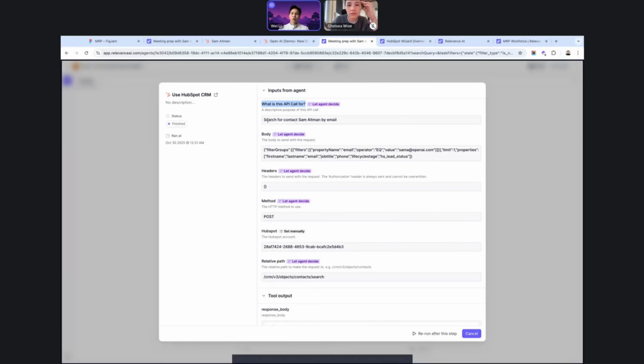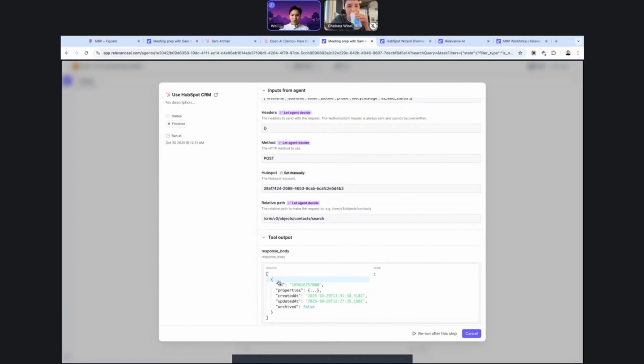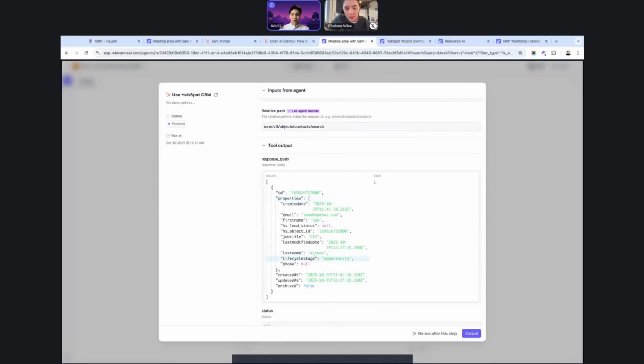This API call is essentially a way for systems to work with integrated software. In our case it's HubSpot, but API calls can be for any software that is available to use an API with. An agent can be built around it using this style. In this case, it's searching for the Sam Altman email, using this specific HubSpot API to get these results. It's looking for Sam Altman using that email, and it's returning the IDs for it.